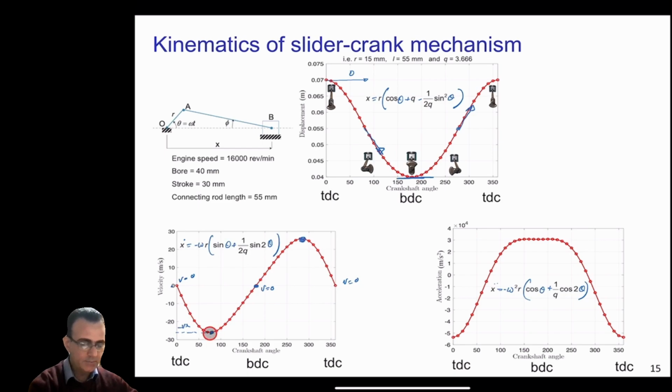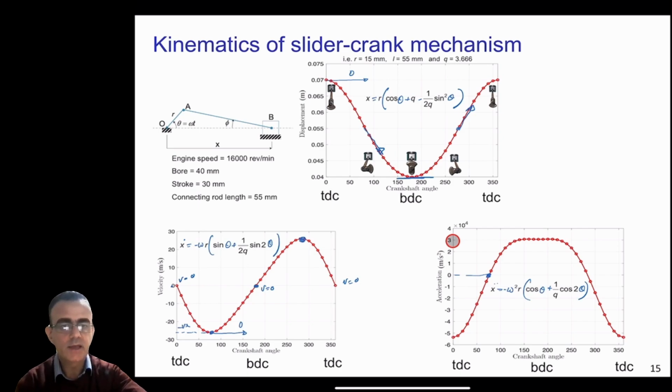And at this point, which is 90 degrees, you are getting 0 slope here. And again, which is this point here, you can see on the plot. So which is again 0 acceleration here. And again, the accelerations are negative in this case here, and it's positive here. And again, if you note, the acceleration is quite a big value here.